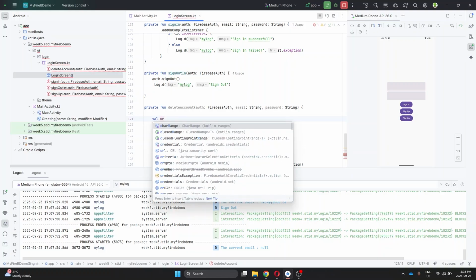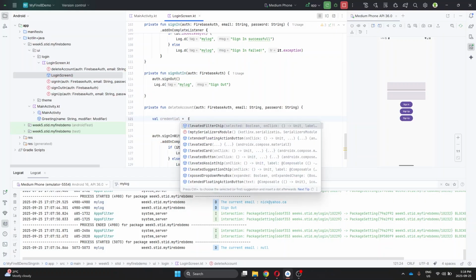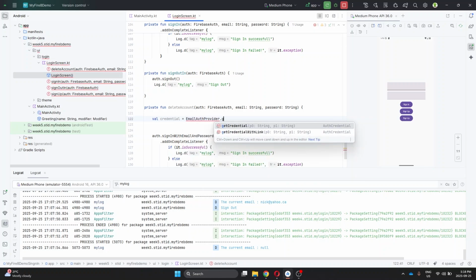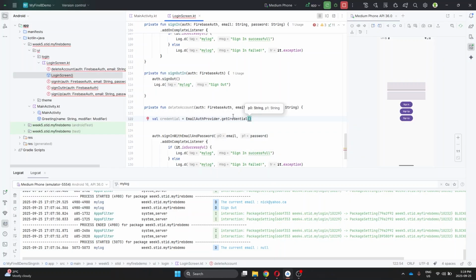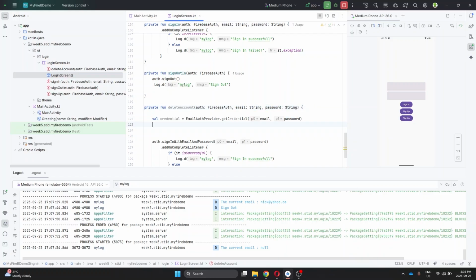Credentials is just a local variable, and this variable will be based on EmailAuthProvider.getCredential. When getting the credential, we need to include the email and password that we will be using in the parameter list. I'll copy them here. So once we get this credential, we should reauthenticate